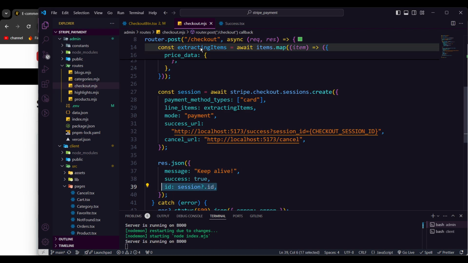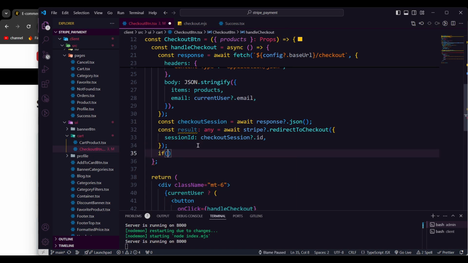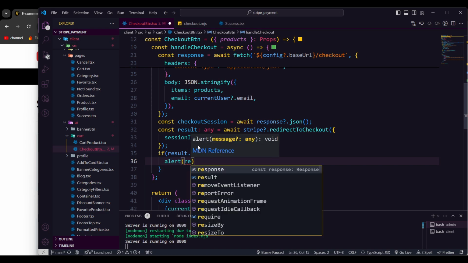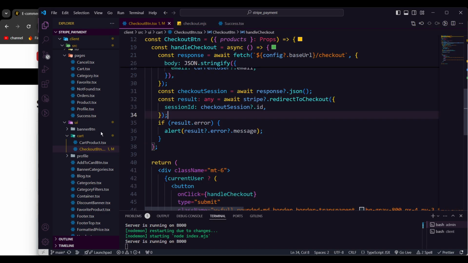So that's the ID we're gonna capture here, and we can get it directly here. Now we can also pass a parameter: if results.error is available, then we can just alert with that. So that should be our result.error.message if anything happens, if an error is coming only then, otherwise it will directly take us to our success